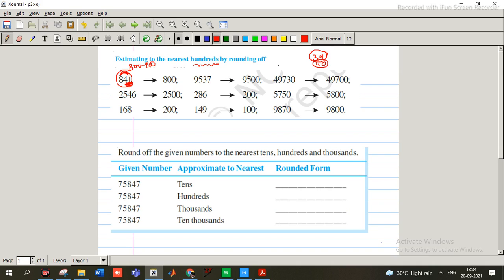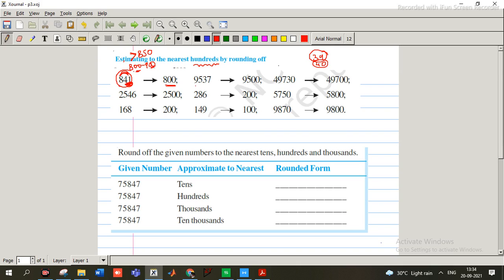It will definitely be nearer to 800 than 900. And which number will be in between of this? That will be 850. If it's 850, it will be 900. After greater than 850, all will be 900. But less than 850, it will be 800. That's why it is